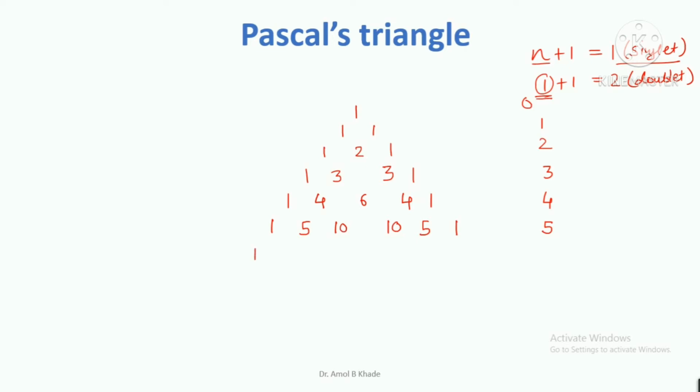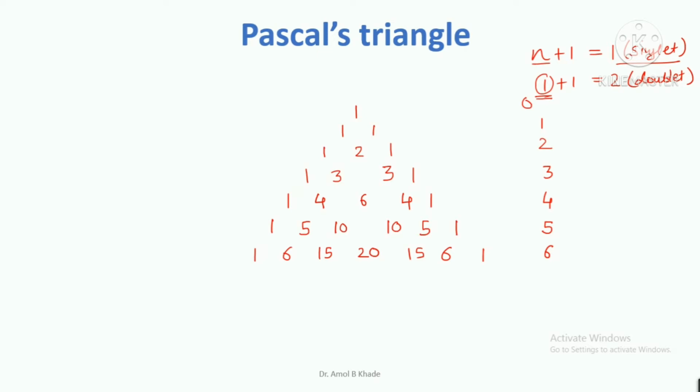Then moving ahead, I can write 1 and 1 here. Then we increase this: 6 here, 6 here, then 15 here and 15 here, and exactly at the center it will be 20. In this case, how many lines? 1, 2, 3, 4, 5, 6 and 7. So we get a septet when the number of protons in the neighboring carbon atoms is 6.